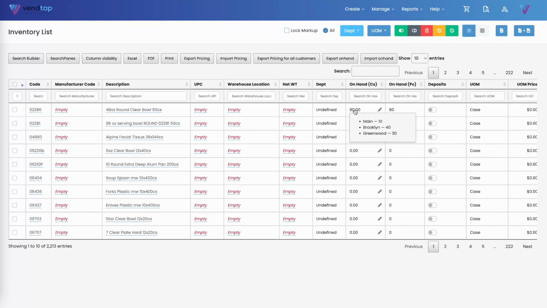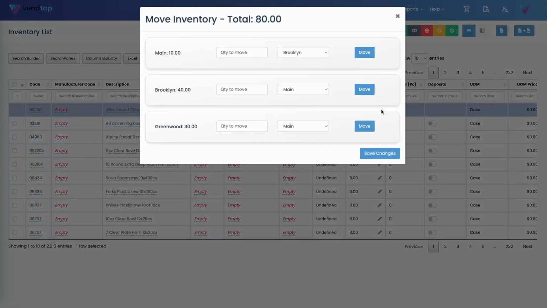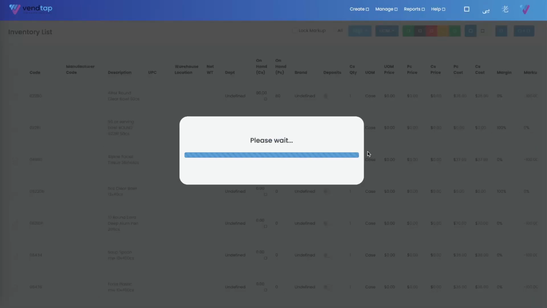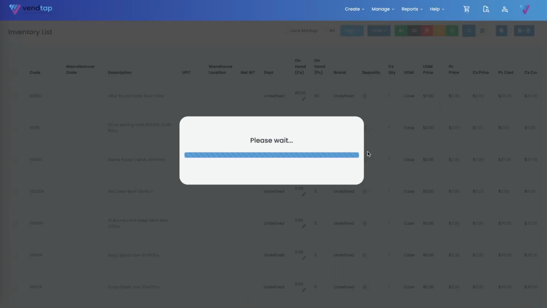Let's say you want to move some cases from one warehouse to another. You can do so by this feature called Move Inventory. For example, I want to move 20 cases from Brooklyn into the main warehouse. I will add 20 here into the main warehouse, and I click on Move. This will change the quantity into the main warehouse and also in the Brooklyn. If I save changes and let it reload, I will see that the main warehouse has now 20 extra cases,